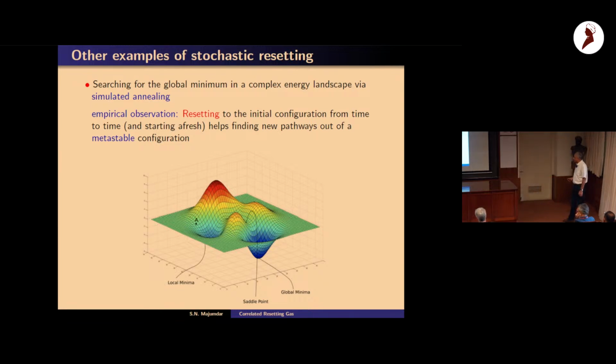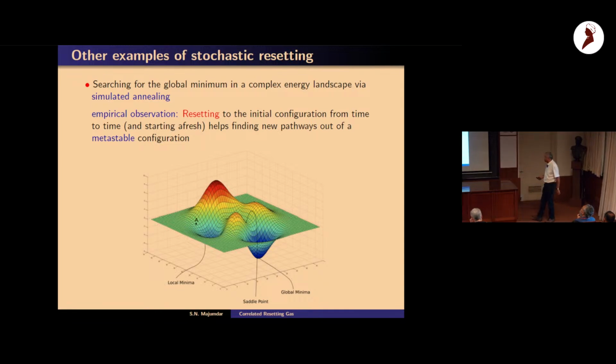Okay. So another example is that if you take any complex system like a spin glass, for instance, and you plot the energy of different configurations, this is the energy landscape, and each point represents the energy of a particular configuration. So this is like the configuration axis, if you like. You can start from any configuration and do a local dynamics like simulated annealing, where you just flip a spin, for example, and move from one configuration to another. What happens if your temperature is low enough, then your goal is to find the global minimum, the ground state of